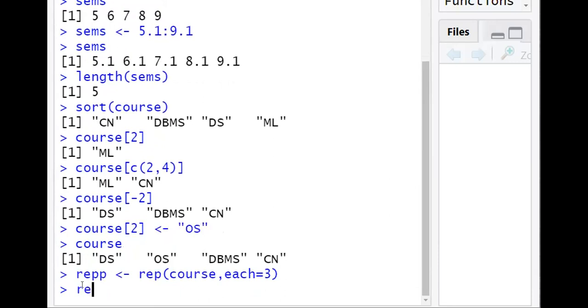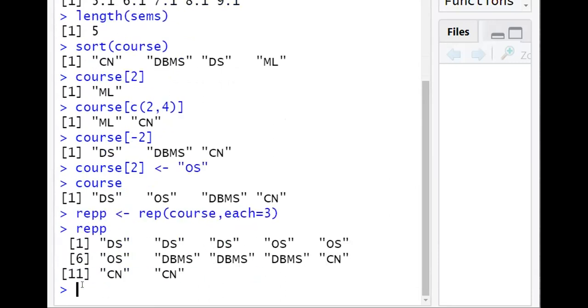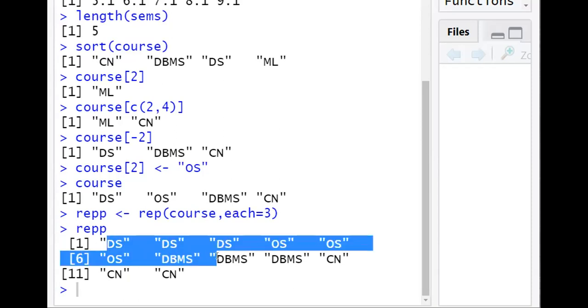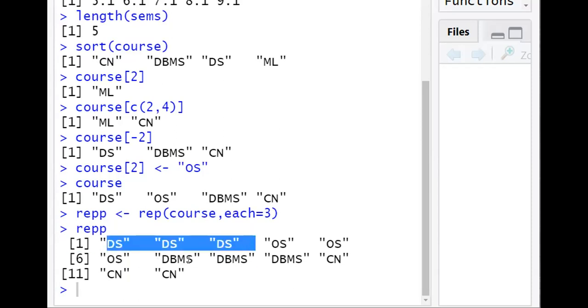Now let me print it. So you can observe the entire vector has been repeated 3 times. Okay, so DS 3 times, OS 3 times, then DBMS, then CN. So this is repetition.